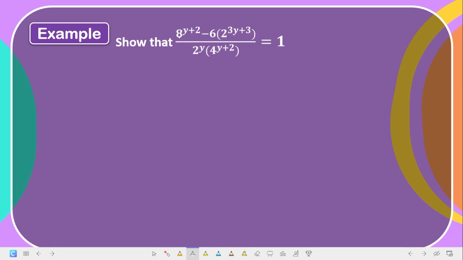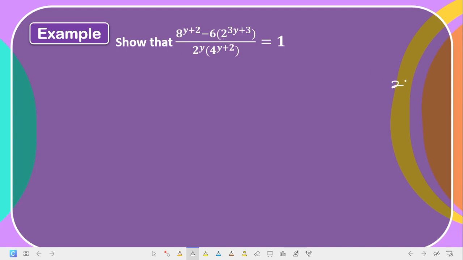Now, let's say you have to show that this is equal to this. First of all, let's break everything down into their base index. Now, the base index here is 2. 2 is the smallest here, and 2 can go into 8. 2 can go into 4. So let's break everything down into 2.